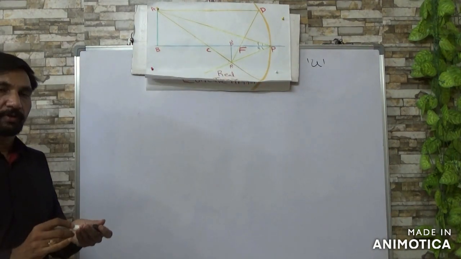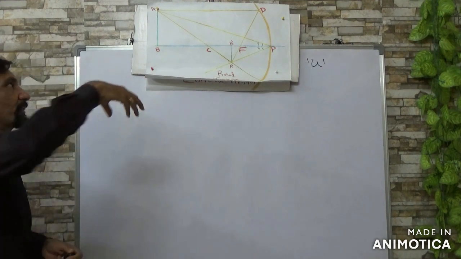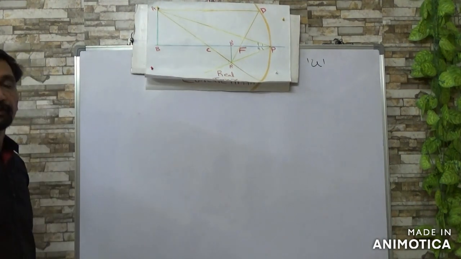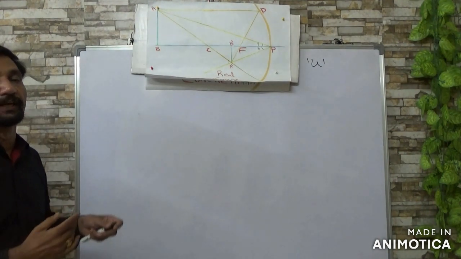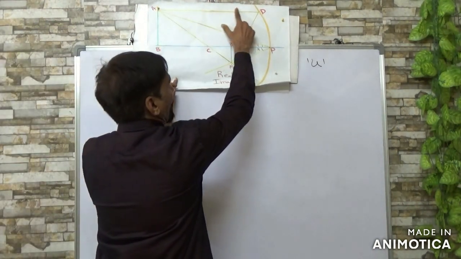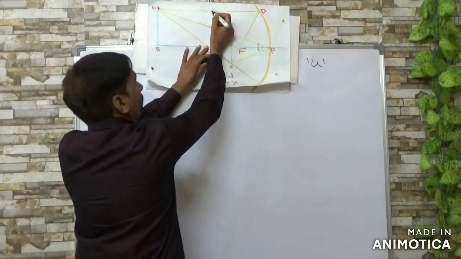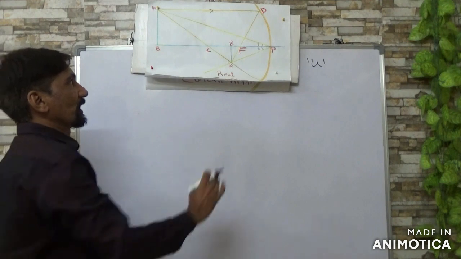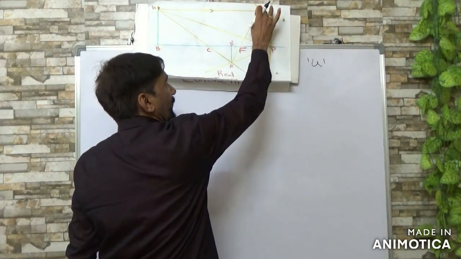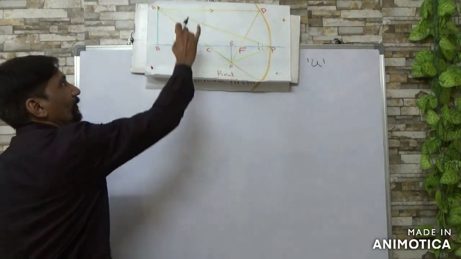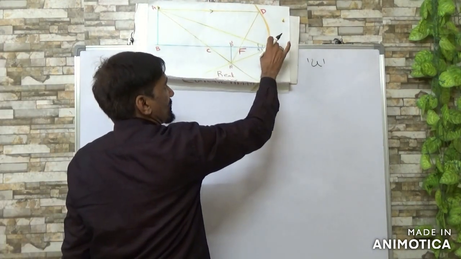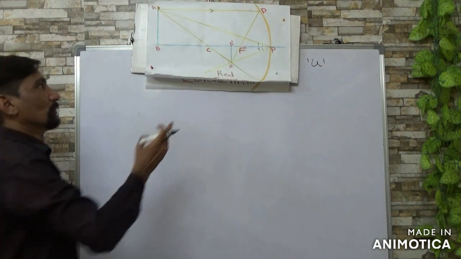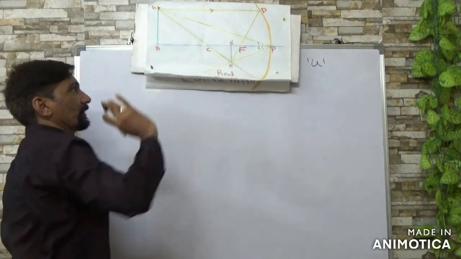Whenever light is made to fall on the object, it will be illuminated, so the light rays start moving. Say AD is one light ray traveling parallel to the principal axis, striking the mirror at a point D. When a light ray travels parallel to the principal axis, it definitely passes through the focus. So this is the reflected ray.